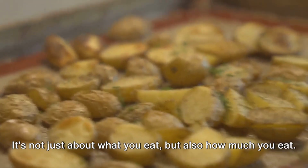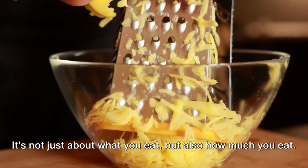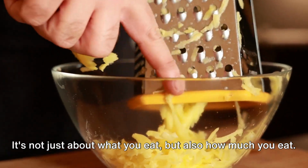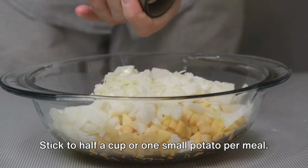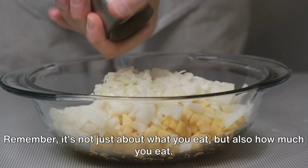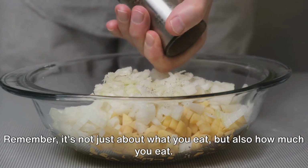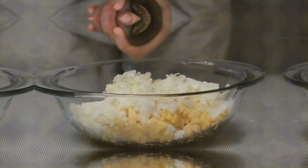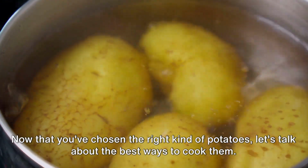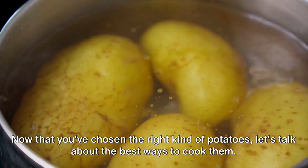But here's the kicker. It's not just about what you eat, but also how much you eat. Portion control is key. Stick to half a cup or one small potato per meal. Now that you've chosen the right kind of potatoes, let's talk about the best ways to